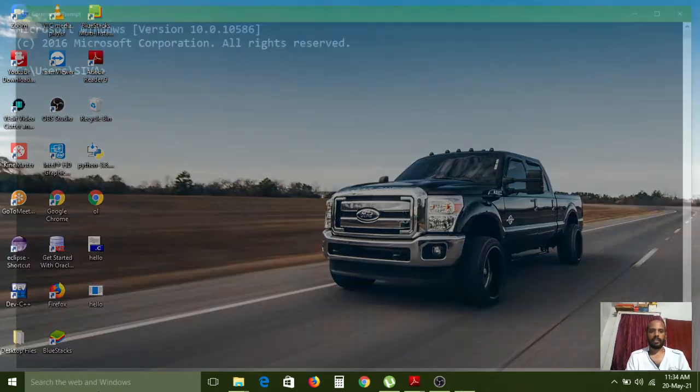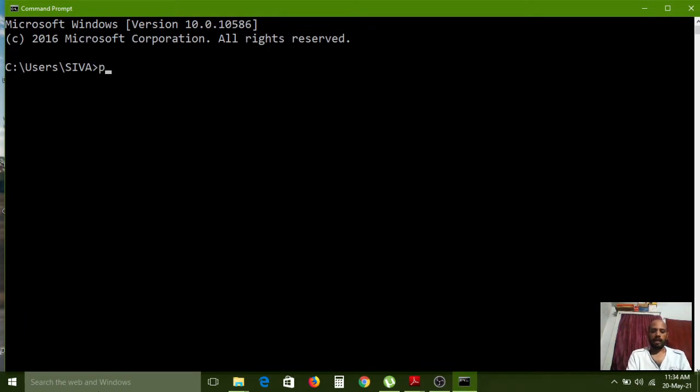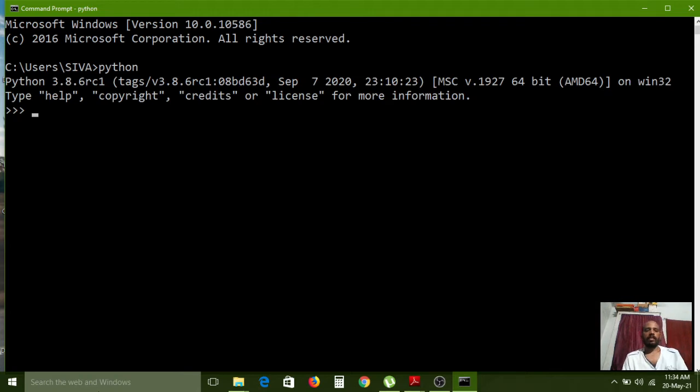I am opening CMD, and now I am connecting to the Python shell window. For that I use the python keyword. When I type the word python and press enter, the DOS command prompt connects to the Python shell window.